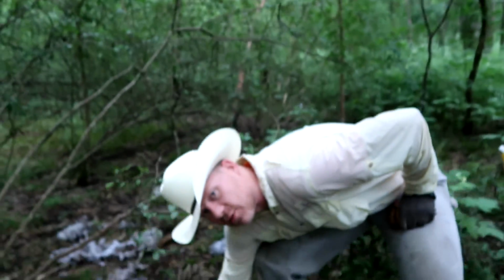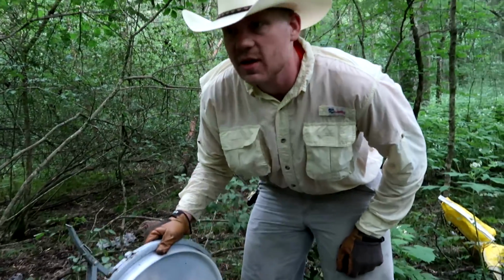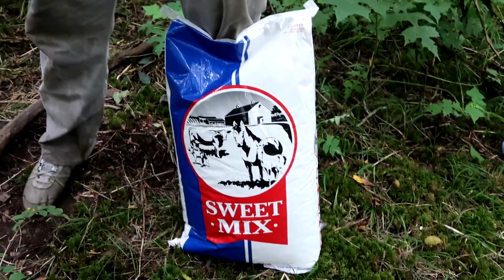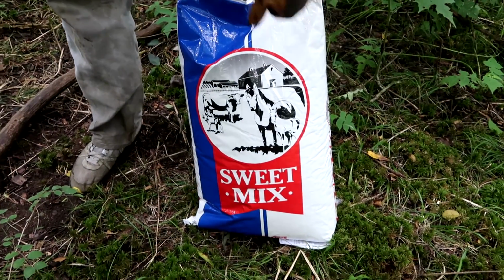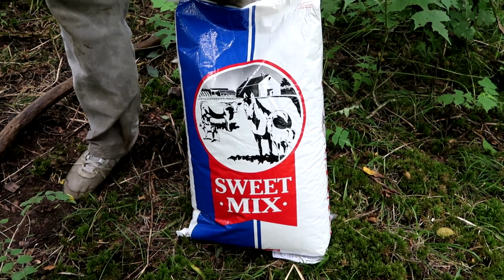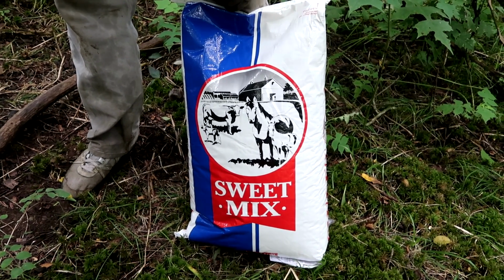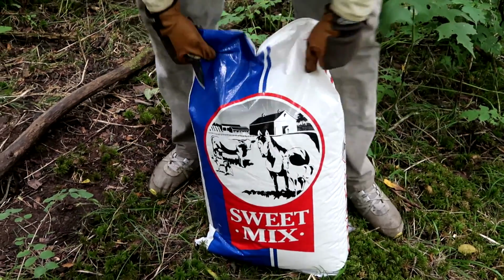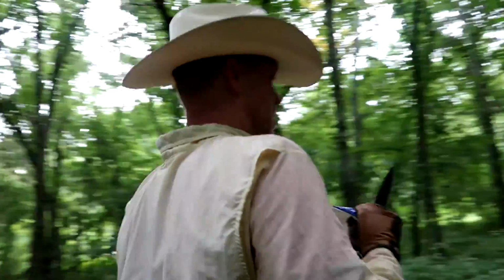350 pounds of corn filled up this feeder. I'm gonna seal this lid on, and then I'm gonna dump 50 pounds of sweet mix over here on the ground. Something else that I like to put out, and I've been doing this for, how old am I? Probably getting close to 10 years, is putting sweet mix out for deer. Now this is a generic brand that Tractor Supply sells. All it is is a sweet mix feed for cattle and horses. It has a lot of molasses in it. So what I do is I take this 50-pound bag,